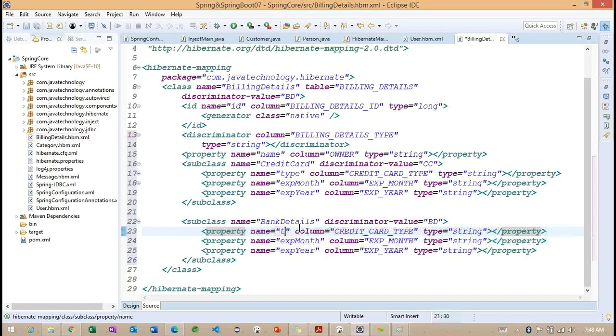So what are the bank details we are going to have? Something called bank name, and IFSC code.